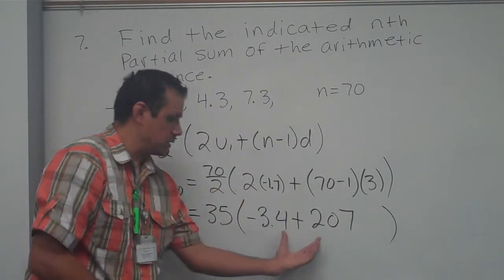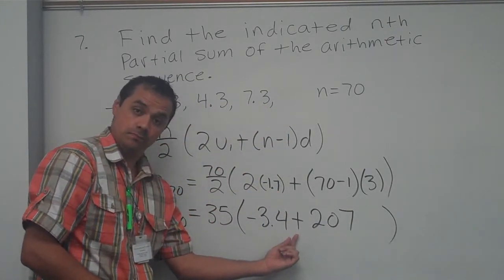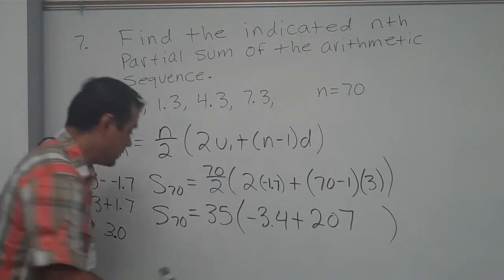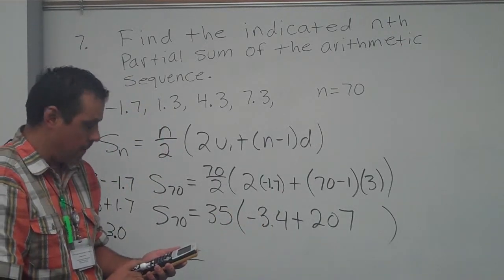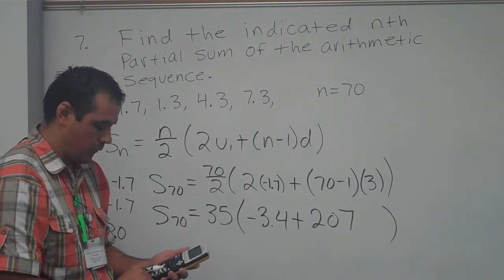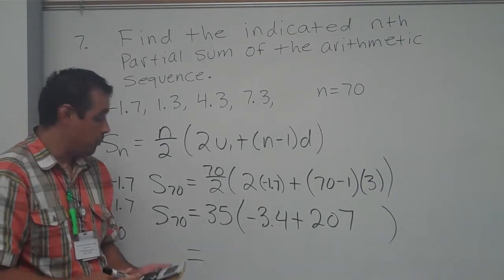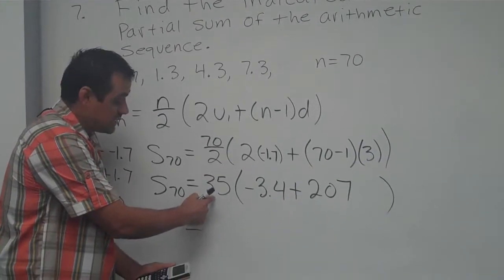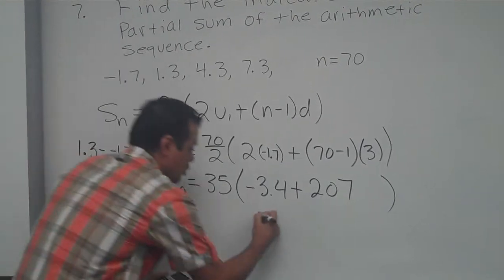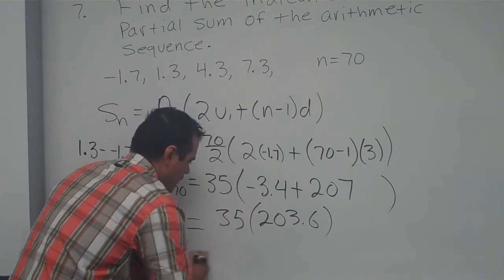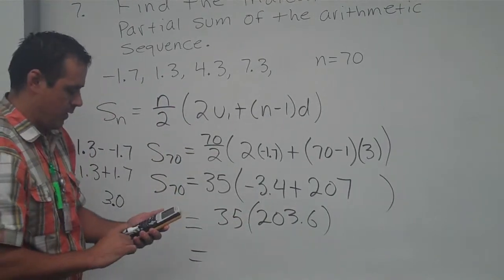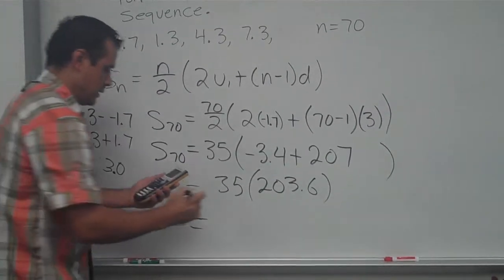Now, all we've got to do is combine these two, or add them, right? And then multiply by 35, and that should be my answer. Let's see what we end up with. 207 plus a negative 3.4 gives me 203.6. 203.6 times 35. So 203.6, and then times my 35, which is going to give me a final answer of